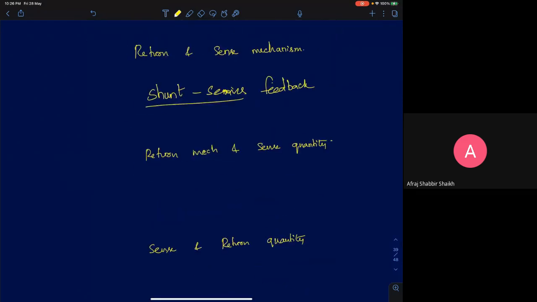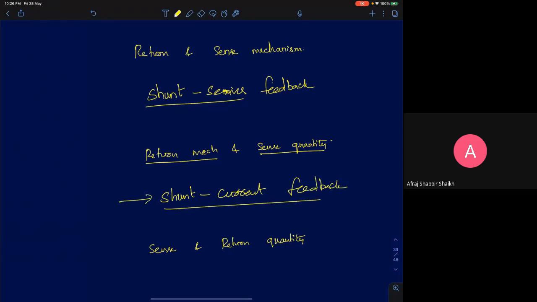Using the second naming convention, return mechanism is a shunt, which we discussed in the previous example. It's a current being returned, so it's a shunt connection. And what is the sense quantity? The quantity that's being sensed is current. So it's also called a shunt current feedback amplifier.